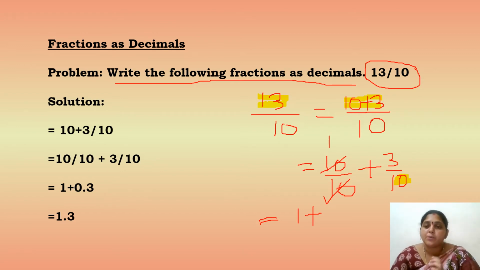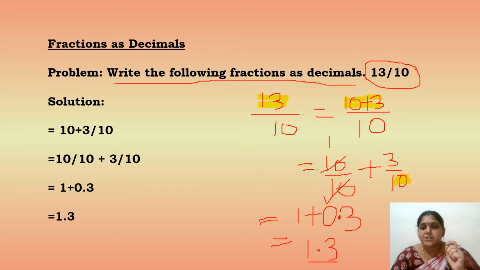Before the digit you have to put a point. So how many digits are we having? Only one digit. What is the digit? That is 3. Now before 3 we have to put a point. There are no numbers, so write 0 here. Now 1 plus 0.3. How are we going to write that? 1.3. This is how you convert a fraction into a decimal. You have to expand the number, write the fraction of the two numbers with the same denominators, then you convert into a decimal point.